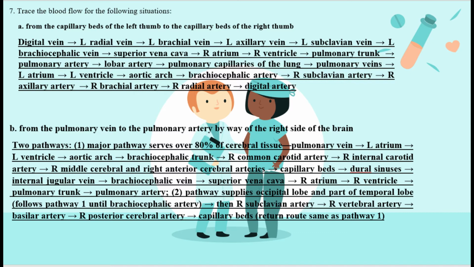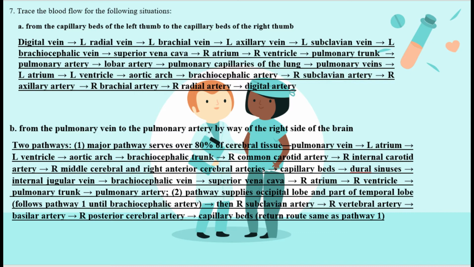I am Athesa Gonzaga and I'm going to tackle the blood flow for the following situations. For the first situation, the blood flow from the capillary beds of the left thumb to the capillary beds of the right thumb is as follows: digital vein, left radial vein, left brachial vein, left axillary vein, left subclavian vein, left brachiocephalic vein, superior vena cava, right